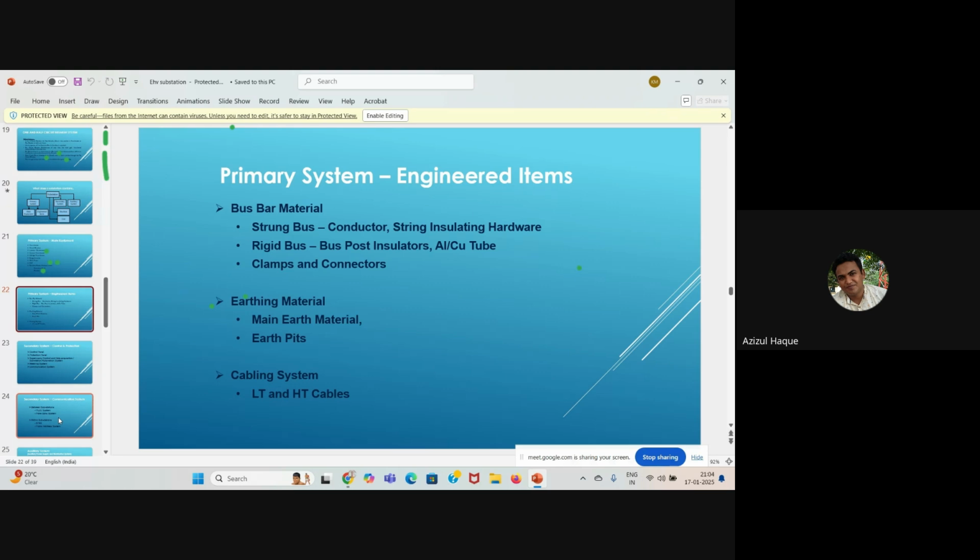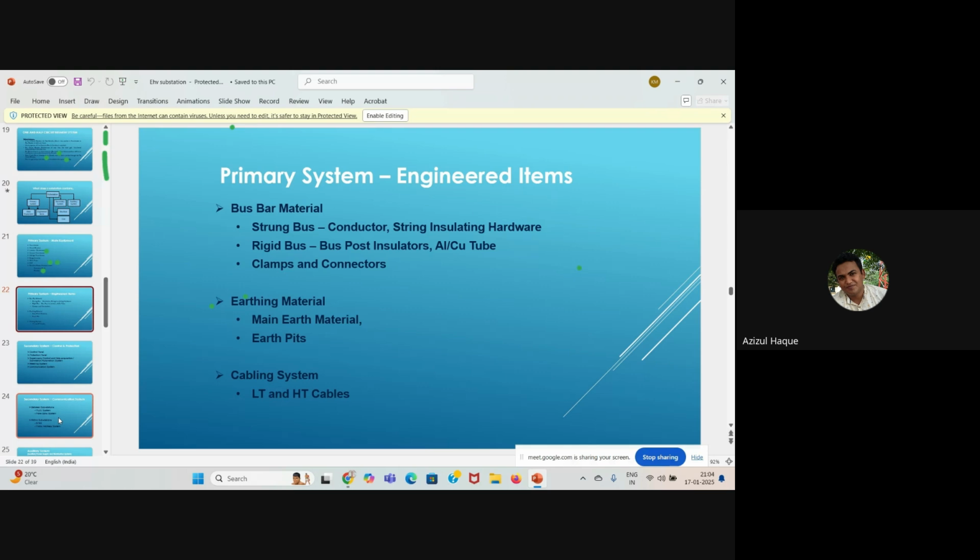But you cannot make a single piece of aluminum tube of length 200 meter, 400 meter, 500 meter. It is not practically possible. So aluminum tube is manufactured in a standard length of 6 meter. So we have to connect 100 tubes for a 500 meter length main bus. We have to connect in each phase